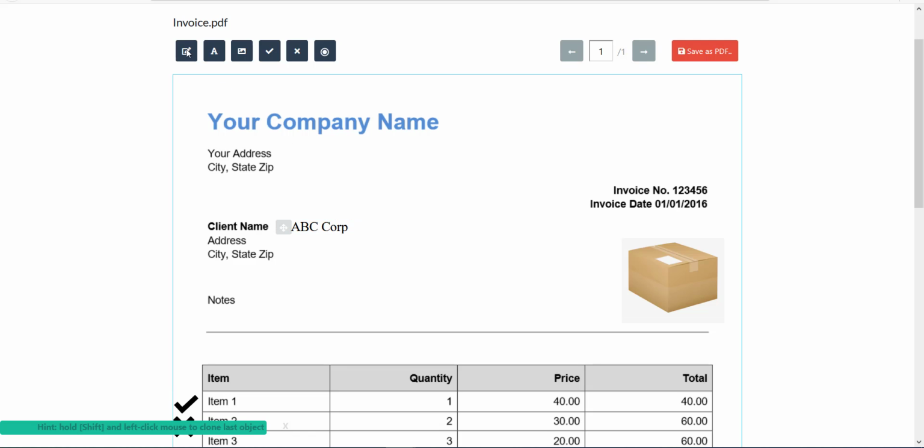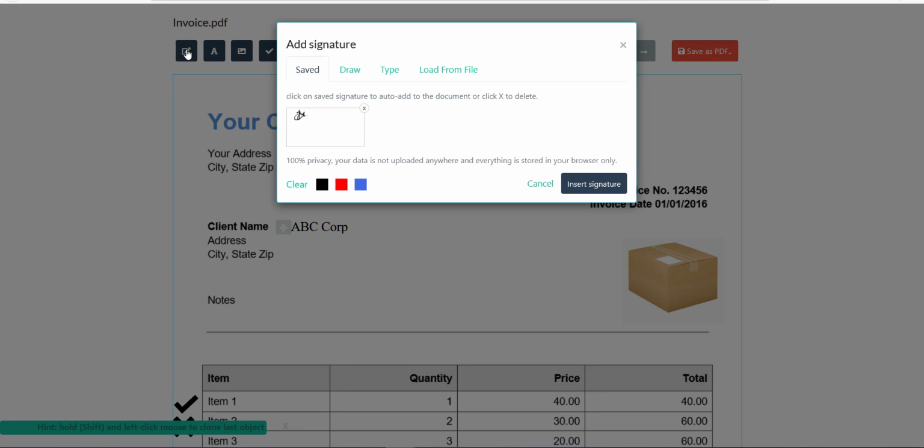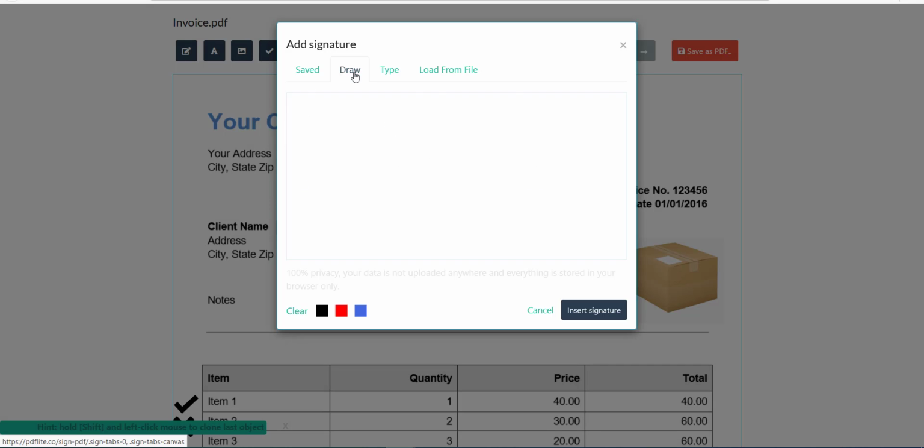So for that you need to click on this toolbar button. In this pop-up you can see there are 4 tabs. In the first tab you can see the list of already created signatures, and in the second tab, you can create your own signature by writing in this text area. So for example,